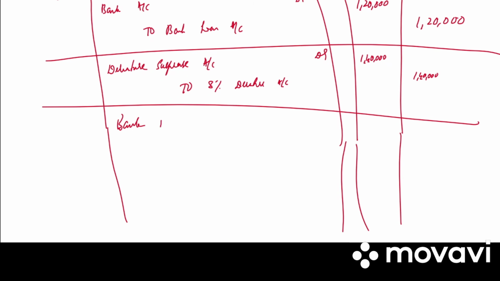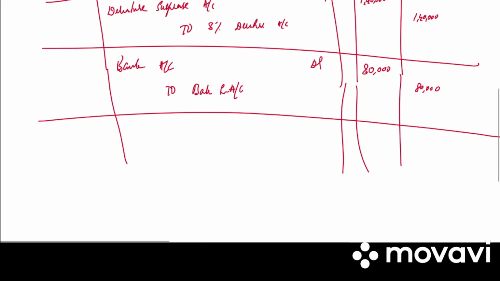So again the entry is bank account debited to bank loan account. How much the loan is taken? 80,000. So to take a loan of 80,000, the company deposited debentures worth 1 lakh. They have already given 1,000 of 100 each. So write the narration. Loan obtained from the bank, secured by 1 lakh 8% debentures as collateral security.